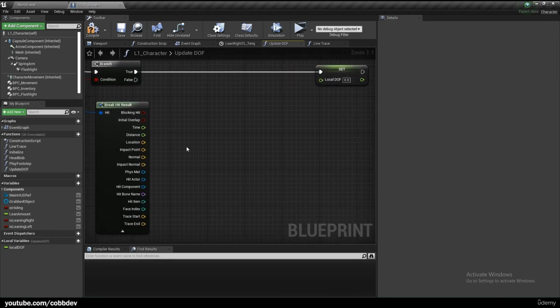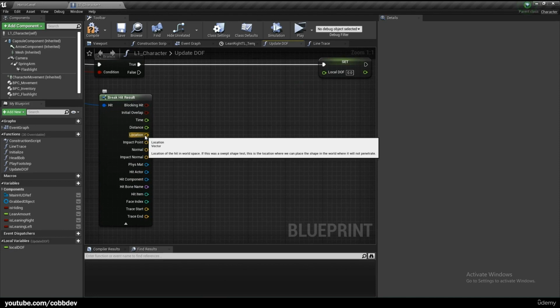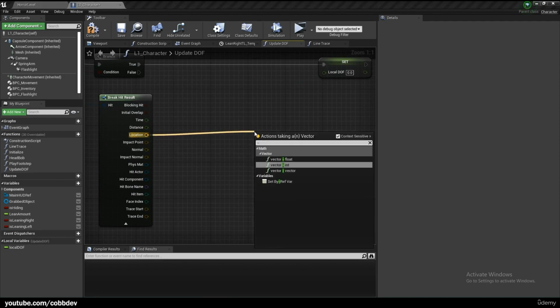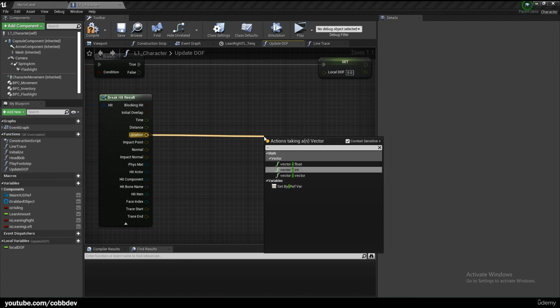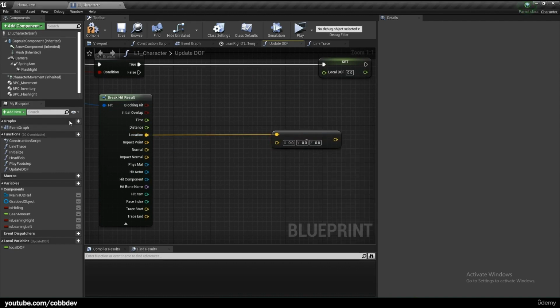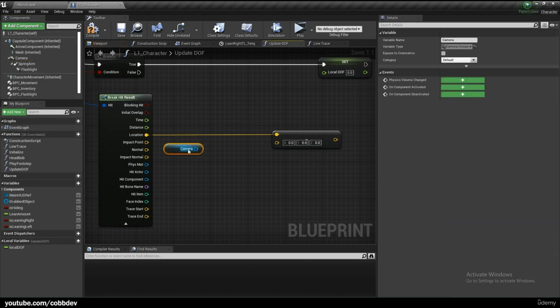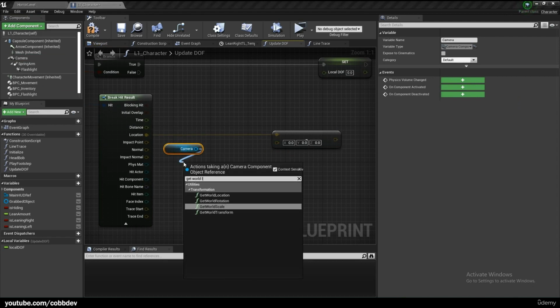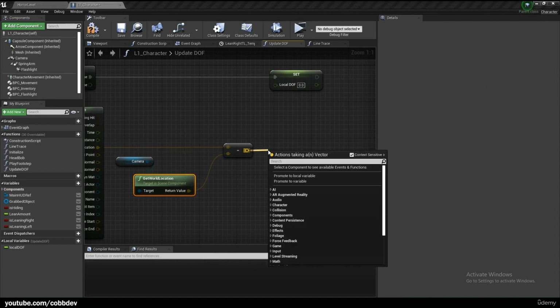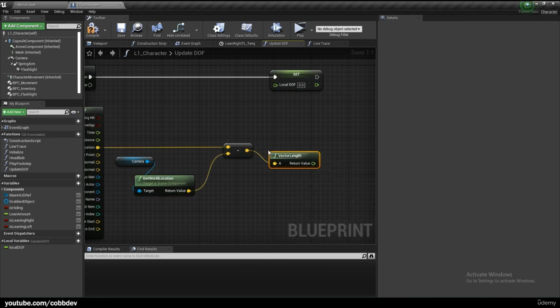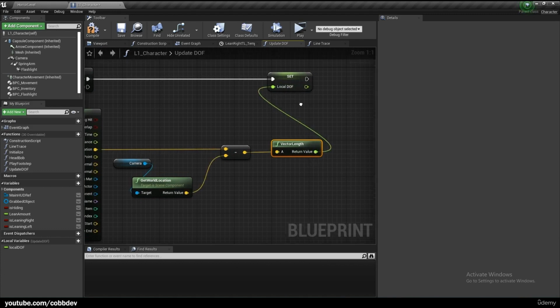And what we want to set it to is the location, vector minus vector, the world location of our camera. And we will get the length of this, so vector length,